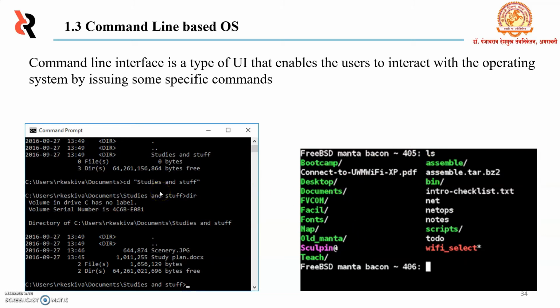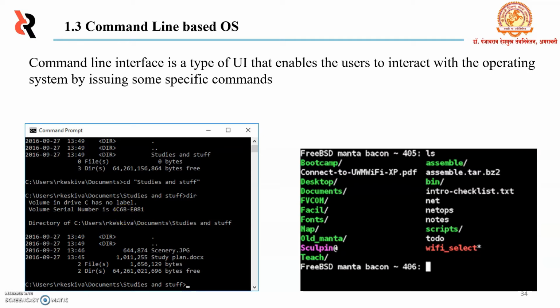MS-DOS uses command line user interface in which the user interacts with the computer with the help of some predefined commands through a command line interface. In DOS, the commands are executed by command line interpreter by translating them into system calls.